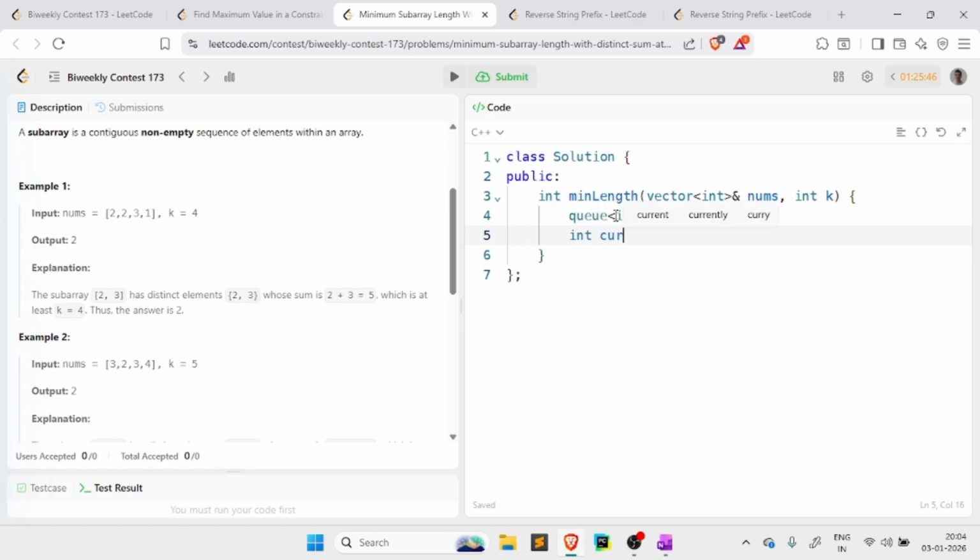Let's say current sum will keep track of the sum of the queue, and yeah. For each of the elements,